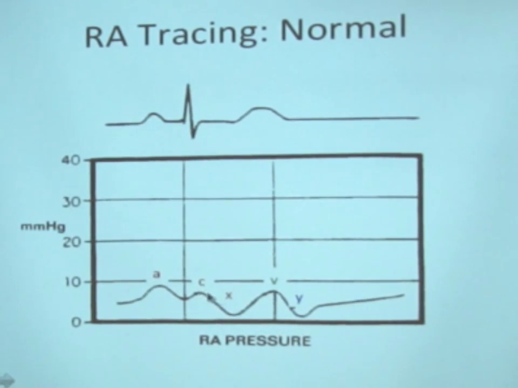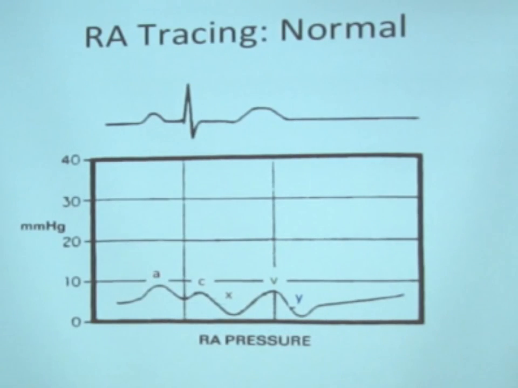The next waveform, the C wave, is a variable waveform, not always seen. It's the rapid movement of the base of the heart at the start of systole, and movement of the tricuspid valve into the atrium. So you can see an inflection there, but that's variable. Then you have the X descent as the base moves away in systole, sorry, I think I said Y descent. Then the V wave is the filling of the right atrium. And then the Y descent is when the tricuspid valve opens